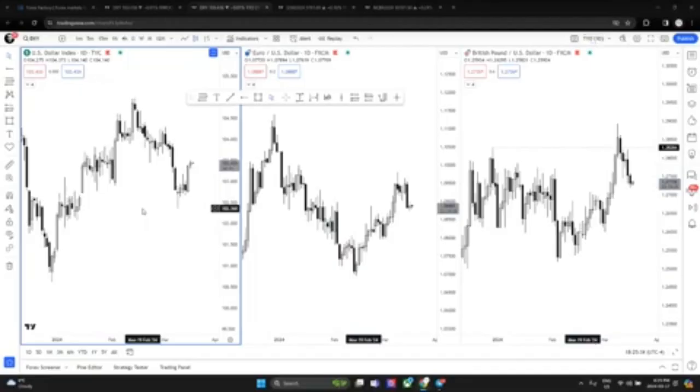So there is not just one sequential SMT. And price doesn't have to take a low out for a sequential SMT to be present. So we could see price even pull back, and you could see price take out,